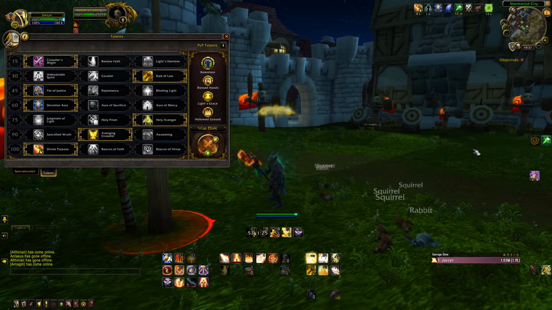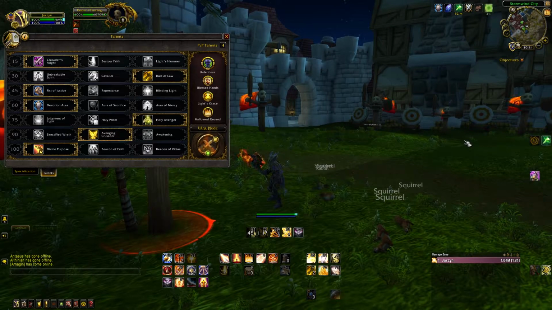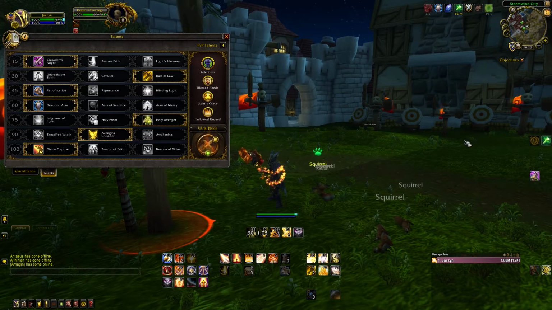Or alternatively, you can drop your BoPs and your freedom blessings on different players. In 8.1, we did see that the spell was changed to no longer include an extra charge of Blessing of Sacrifice. It's still the go-to choice for fighting everything except for